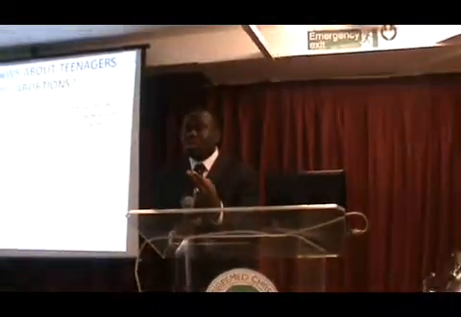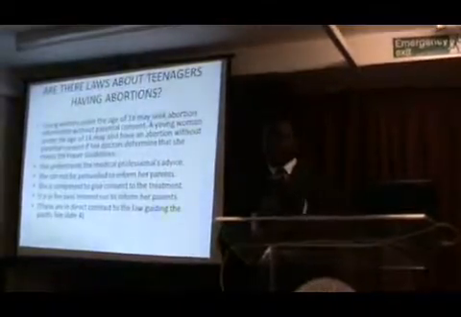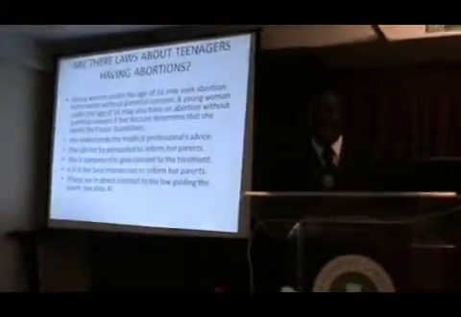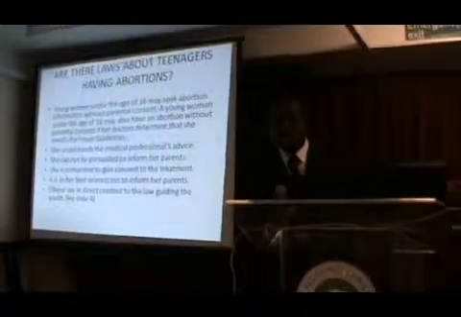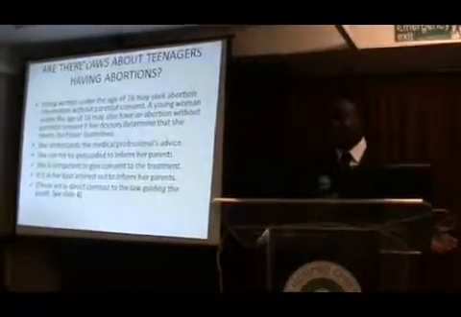So that means in a way the law is empowering somebody as young as 16 years old to be promiscuous. Because what they would think is that even if I get pregnant, at least I have the right, I can go to an abortion clinic and have it flushed out without my parents knowing anything about it.